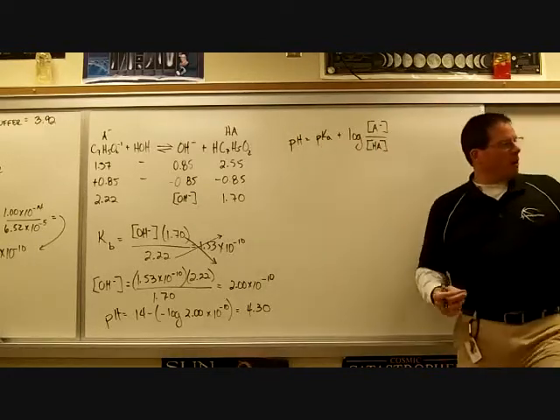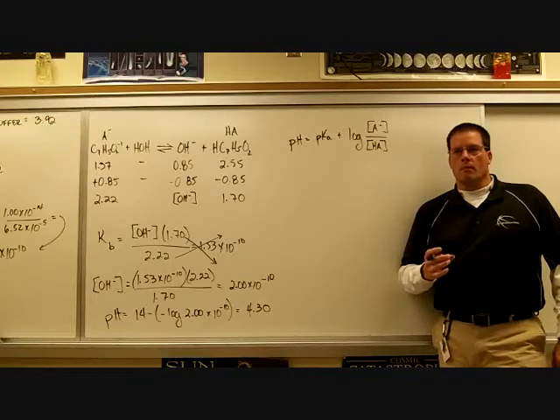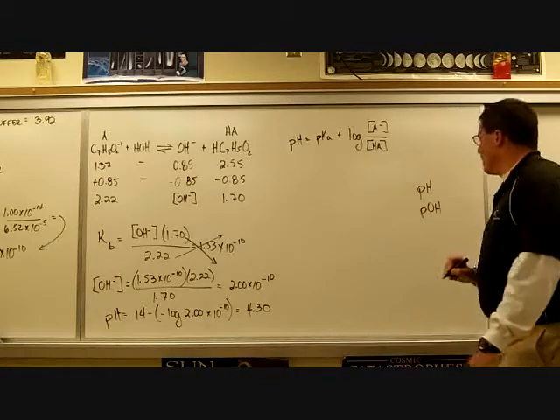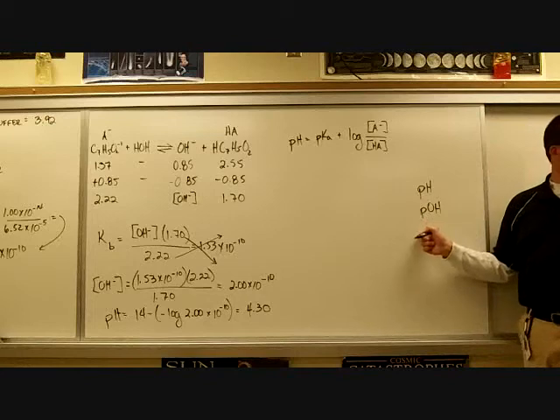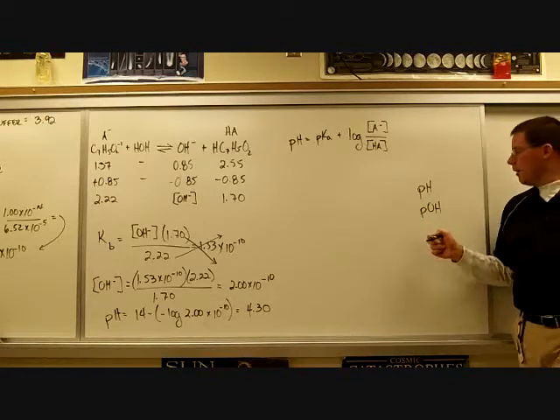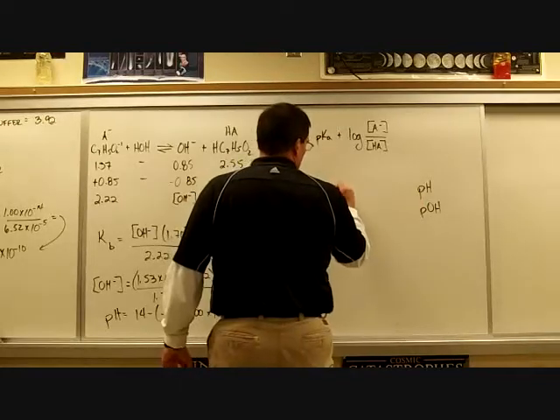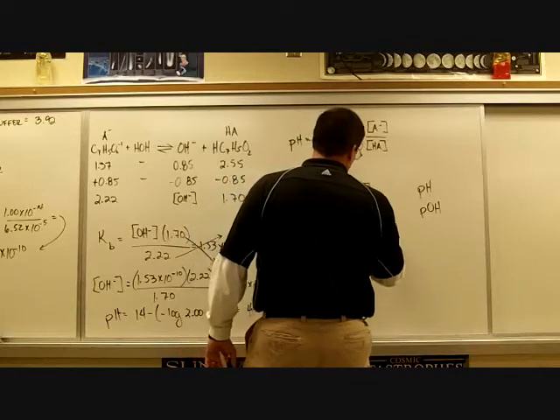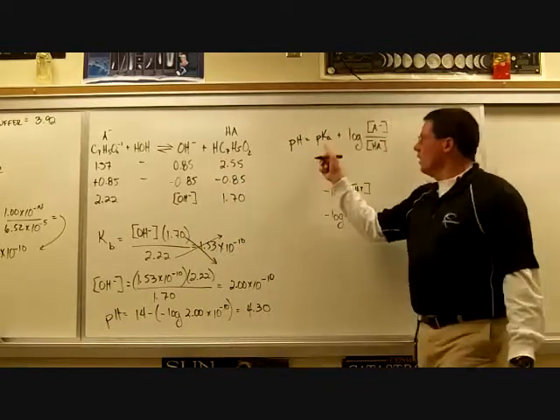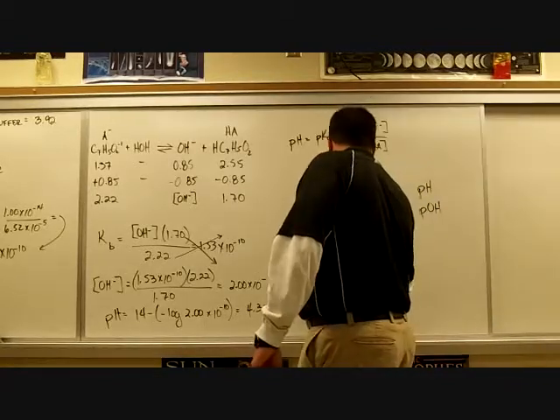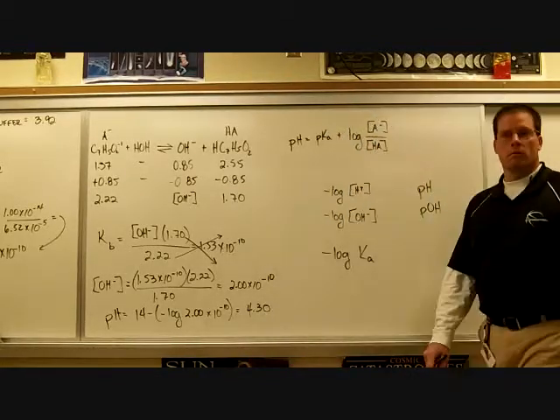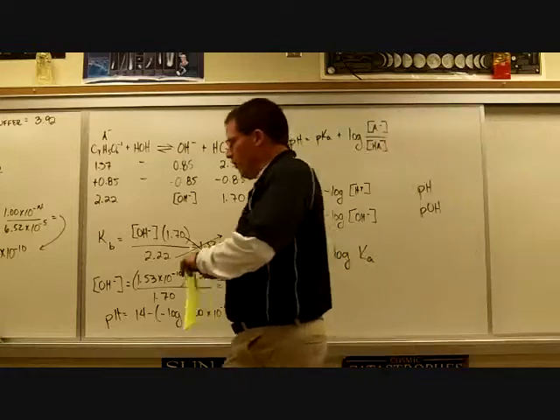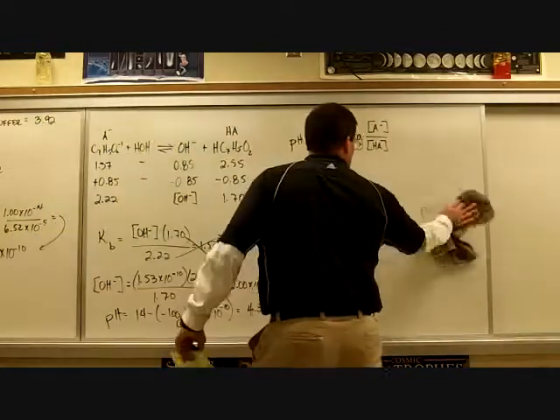pKa, remember when I talked about P? What does P mean again? In other words, when we talk about pH and pOH, what did P represent? It's a log function. It's the negative log of the hydrogen concentration, and for pOH, it's the negative log of the hydroxide concentration. So if I see pKa, it's a negative log function of my Ka value. That's what P stands for. It's a negative log function. So we can put the P in front of that, and we can just find the negative log of